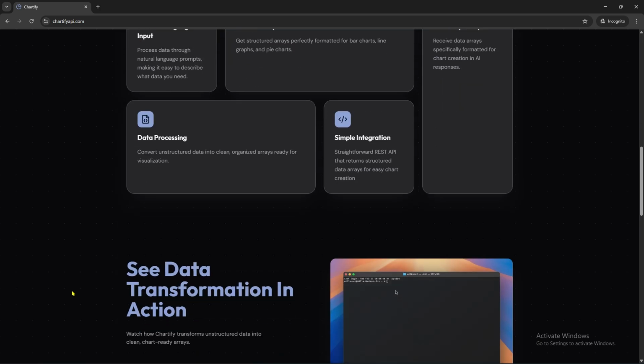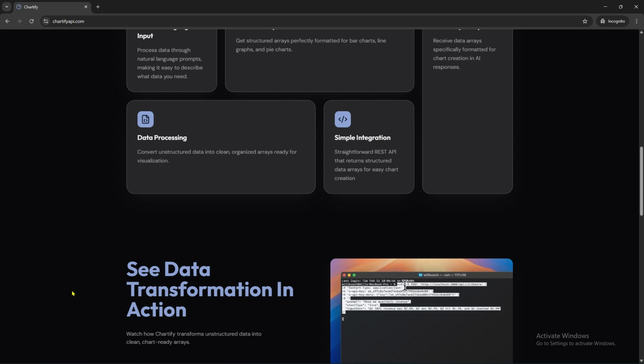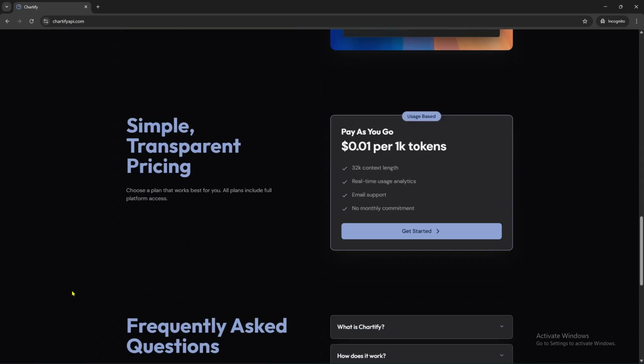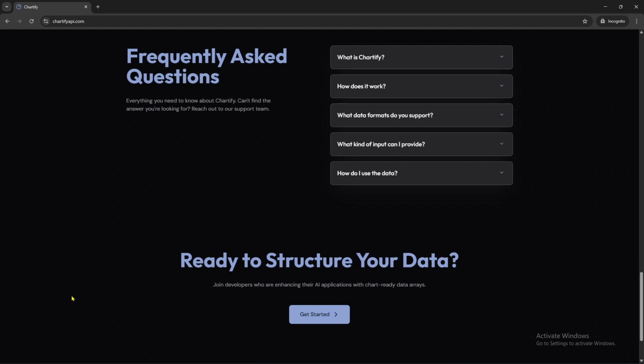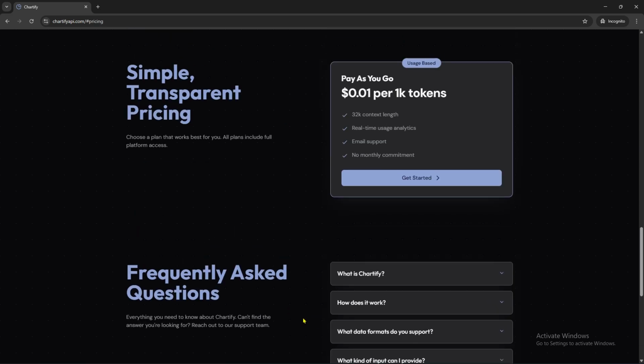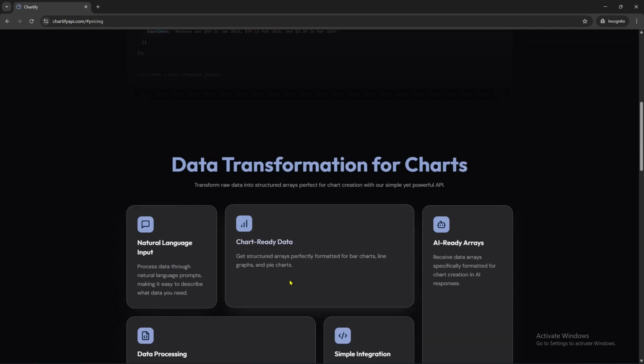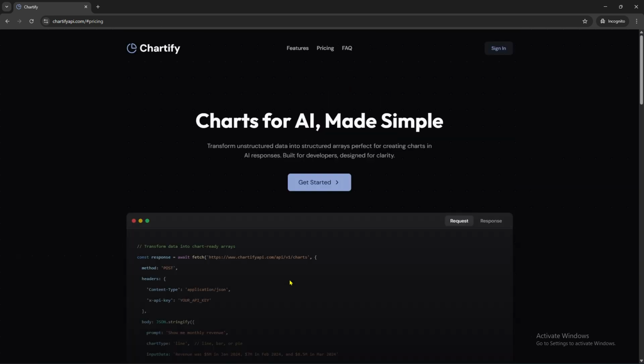Next, input your data correctly and accurately, making sure to clean and format it beforehand for the best results. Next, leverage Chartify AI's smart suggestions. It can recommend the most insightful chart type, highlight trends, and even detect anomalies automatically. Customize your chart, like colors, labels, and interactive elements, to make it both visually appealing and easy to